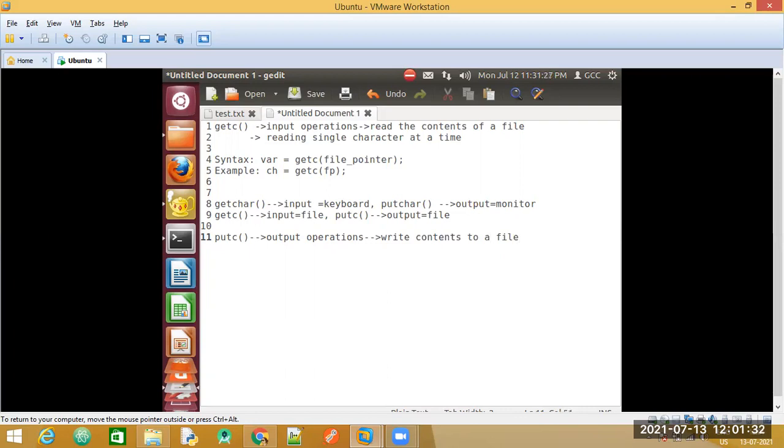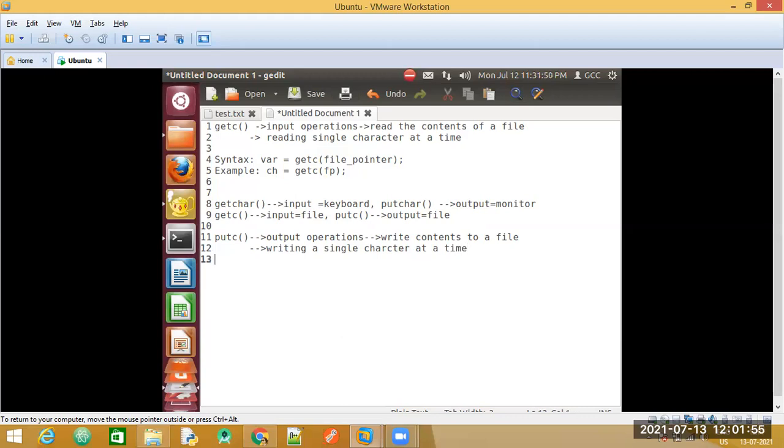Now similar to getC, the putC function also is capable of writing a single character at a time.